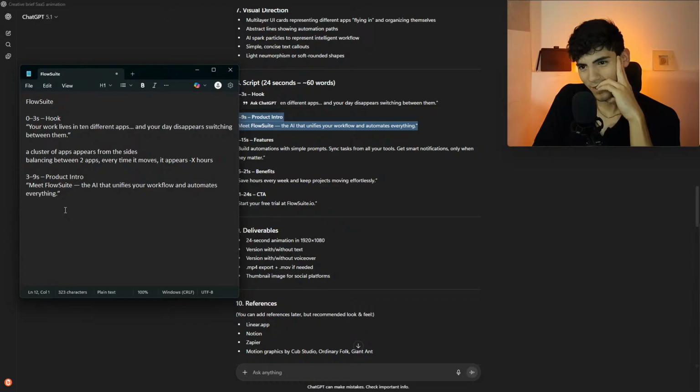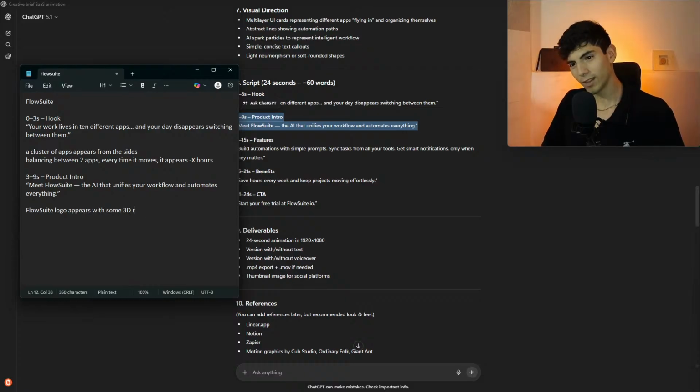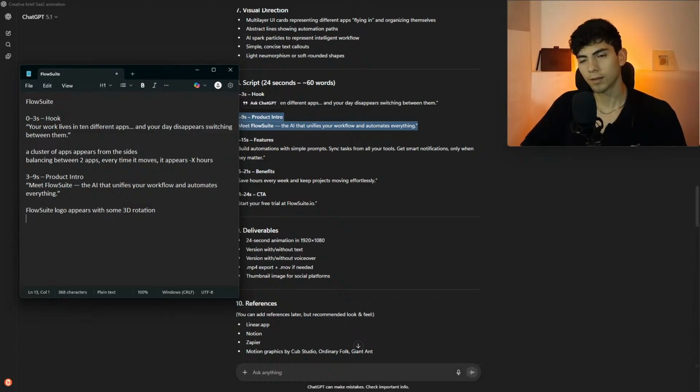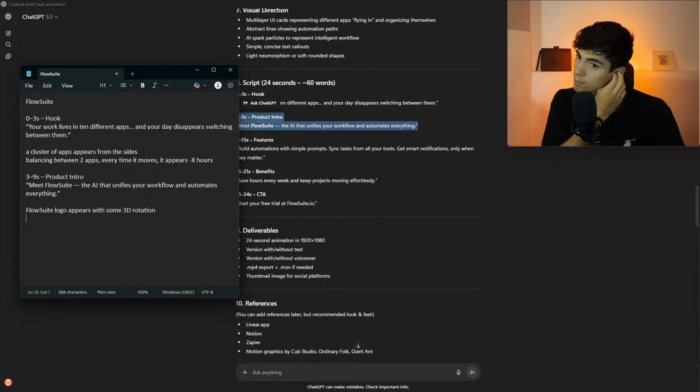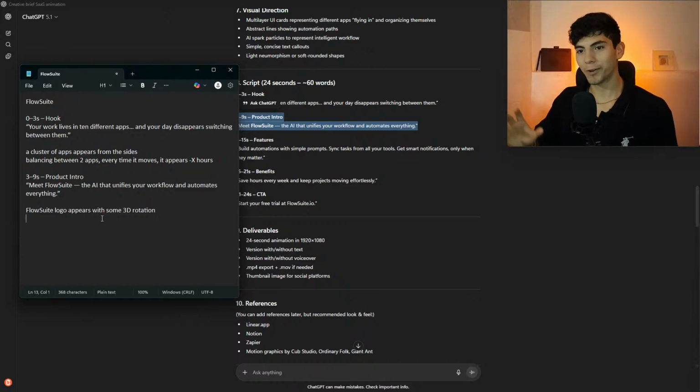Interface appears. No. Flow Suites logo appears with some 3D rotation. Automates. Workflow. Okay, I'm thinking about the logo appearing, then